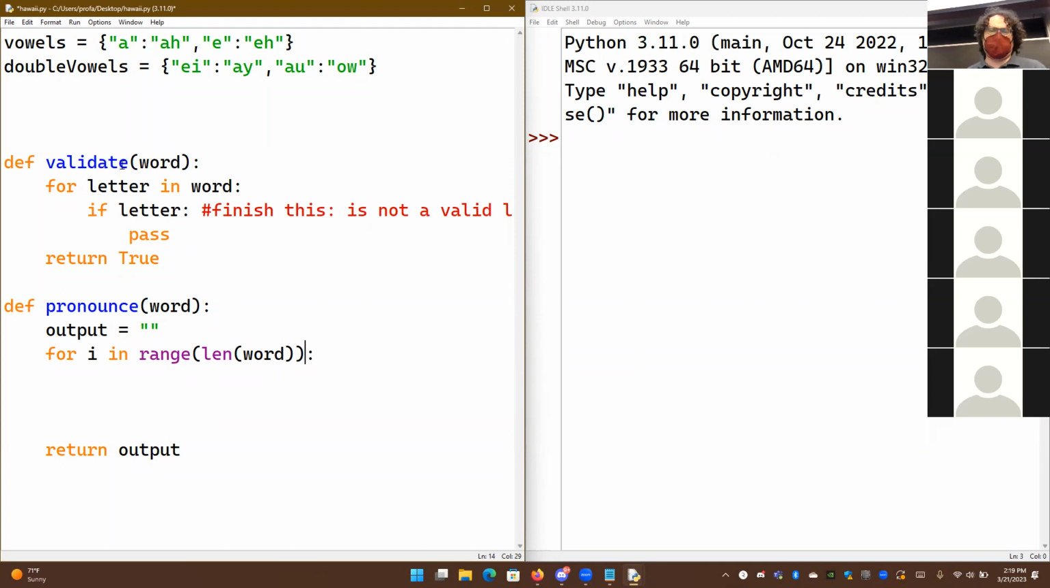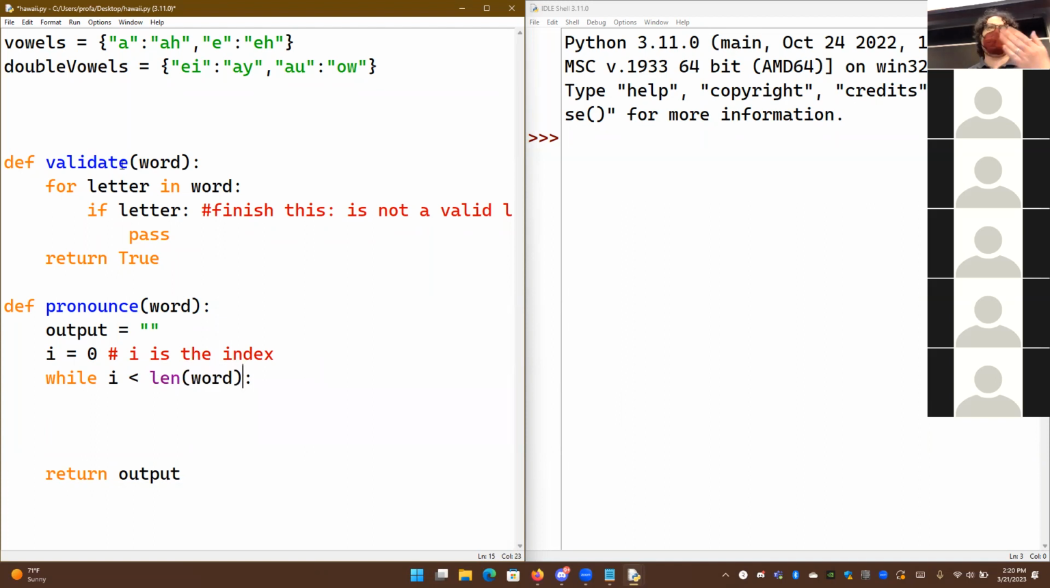But in Python, that's not really what we want to use. It seems a bit counterintuitive, but what we want to use is a while loop, oddly enough. Okay, and the while loop is going to be like we'll say i, where i is the index, i is equal to 0, while i is less than the length of the word. In other words, while it is not past the last valid index,